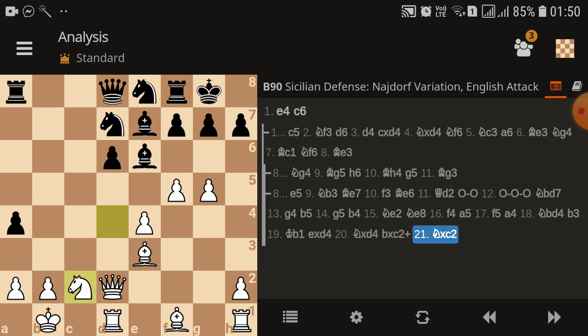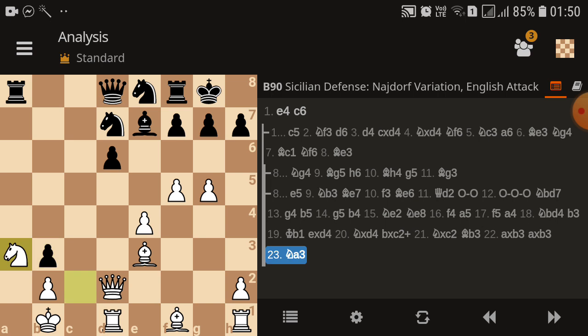Now here you can think that white has lost one piece, but if you consider the e6 bishop, it can't move, right, because it can go to e5, c4 or b3. These squares are available for this bishop. So the good move is bishop b3, pawn takes b3, pawn takes b3 and knight a3. Now black can play knight e5 or queen b8. So after knight e5,